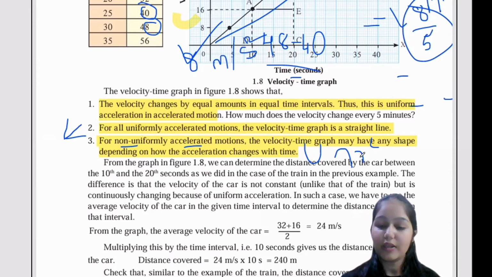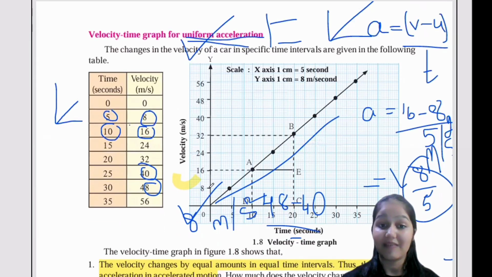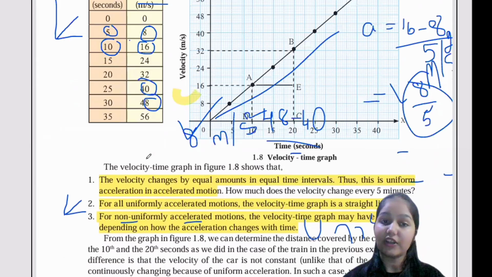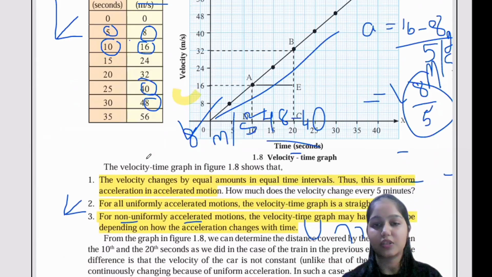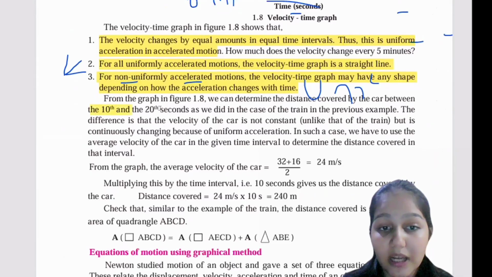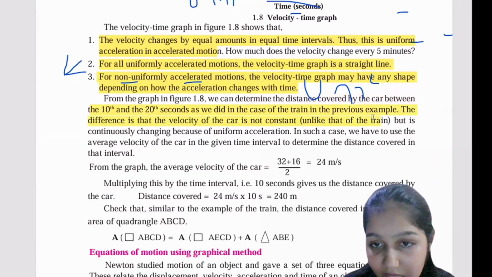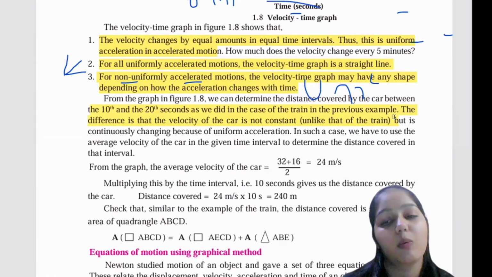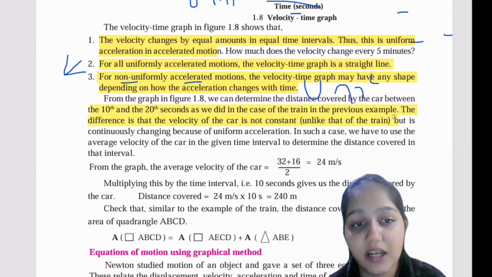Of course, there the velocity had been kept constant at 60 kilometer per hour. Here it is a car, and the velocity is not kept the same, the velocity is changing. Can you see there is a change? The velocity is changing. It is from 8 to 16, 16 to 24, 24 to 32, continuously changing. But for the train, it was 60 kilometer per hour constant. So please make sure you underline this. Here the train is constant but the car is not keeping constant velocity. I hope you understand this. If not, please ask.